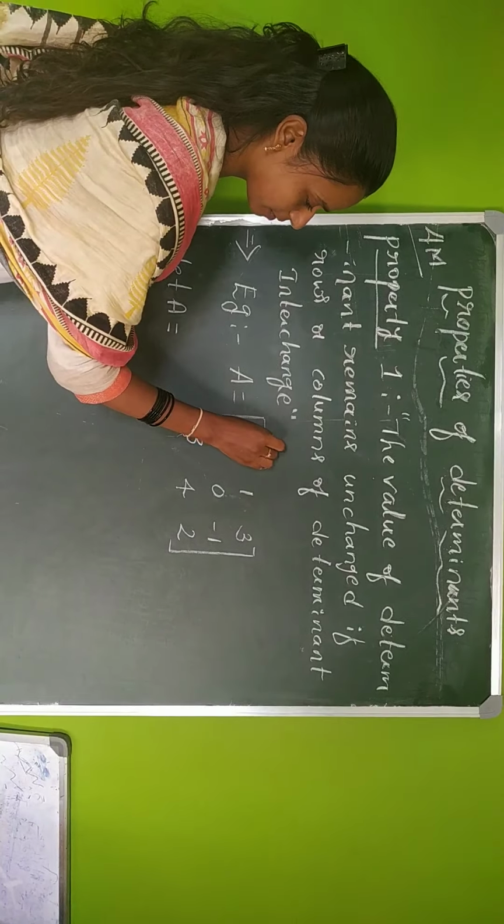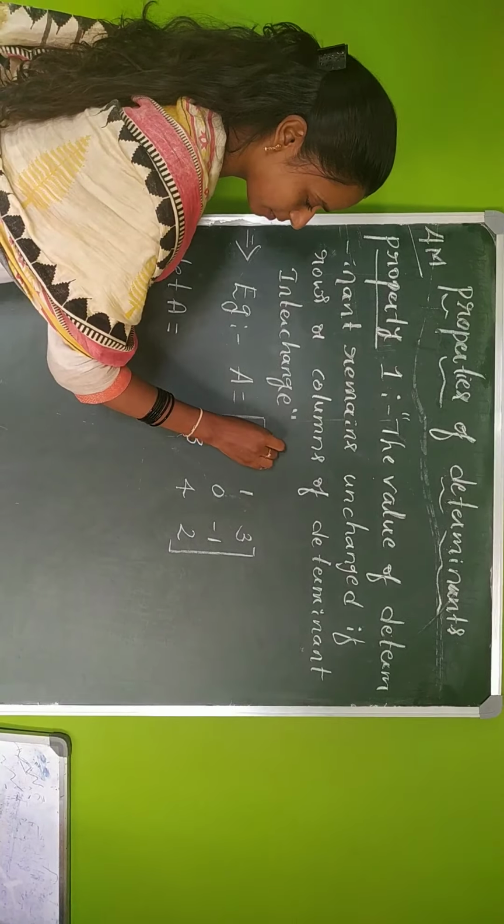Now the first element is 2. Next, for the first row, first column, you cancel it and multiply the diagonal. 0 into 2 is 0. Next, minus 1 into 4 is minus 4. It's already minus there, minus into minus is plus 4. Next, the second element is positive, but you should take it with a negative sign. So first row, second column: 1 into 2 is 2, and minus 1 into 3 is minus 3. Here a minus is there, minus into minus is plus 3.